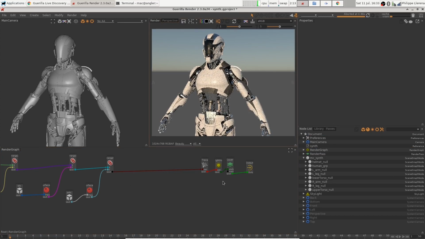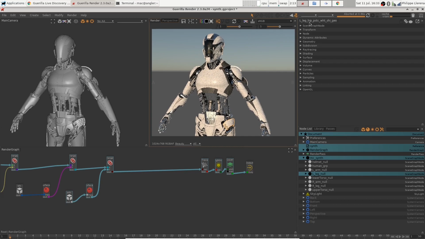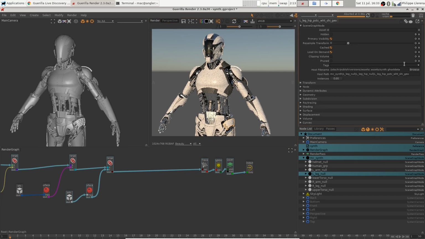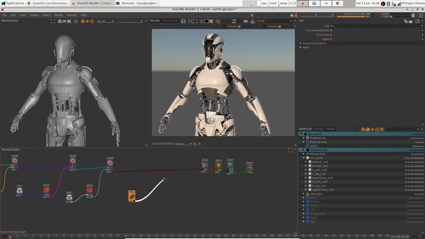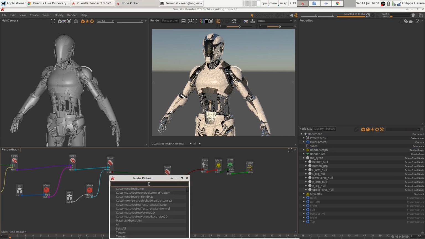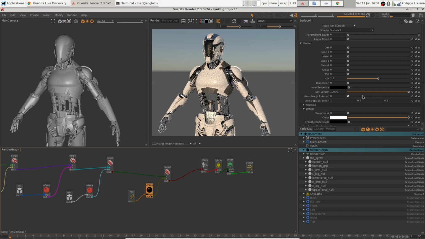So what is a tag? A tag is a string that is added to a shape. I'm going to select, arbitrarily, a couple of elements like this one, and affect a tag, which is a totally arbitrary system. I'm going to create a foo tag, like foo right there, and I can now call my foo tag in my system and say that this one is going to be something with incandescence